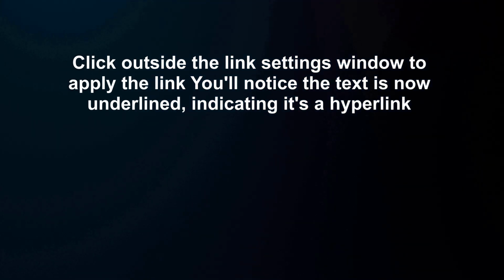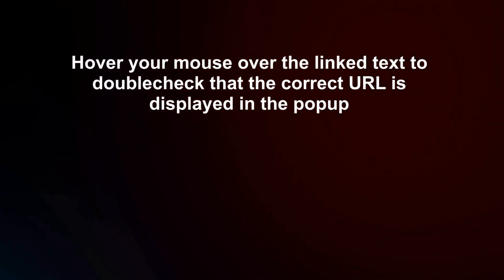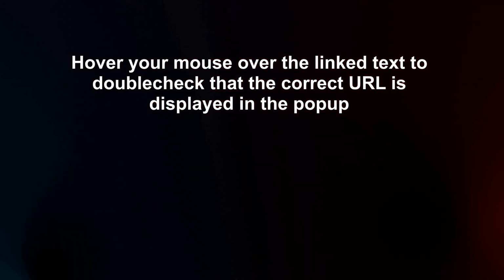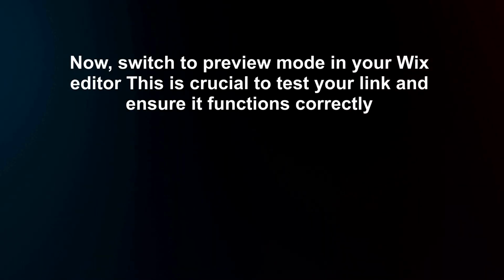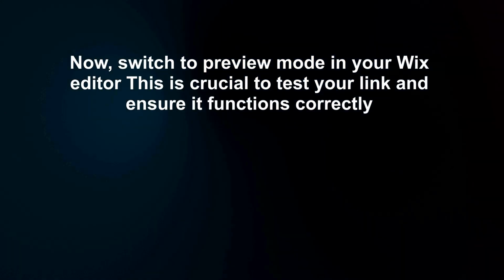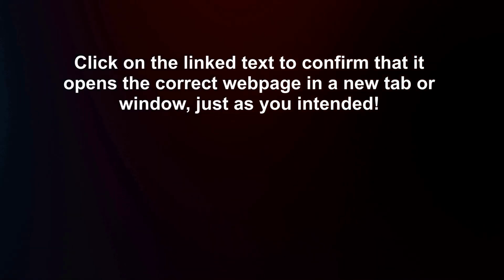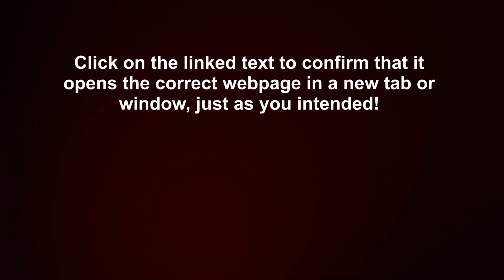You'll notice the text is now underlined, indicating it's a hyperlink. Hover your mouse over the link text to double-check that the correct URL is displayed in the pop-up. Now, switch to preview mode in your Wix editor. This is crucial to test your link and ensure it functions correctly. Click on the link text to confirm that it opens the correct web page in a new tab or window,